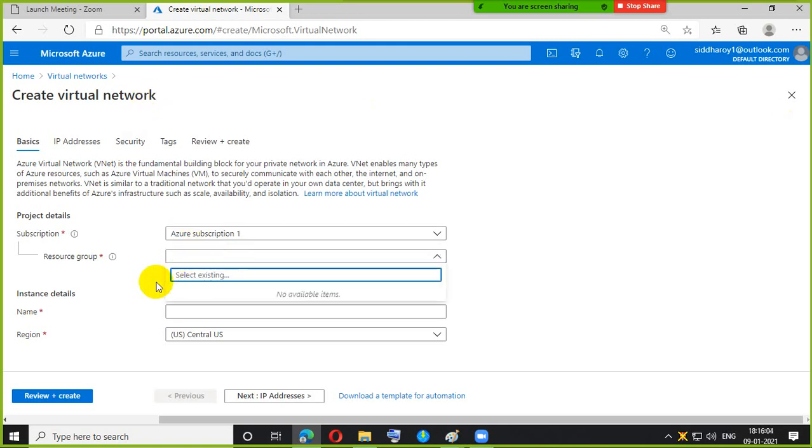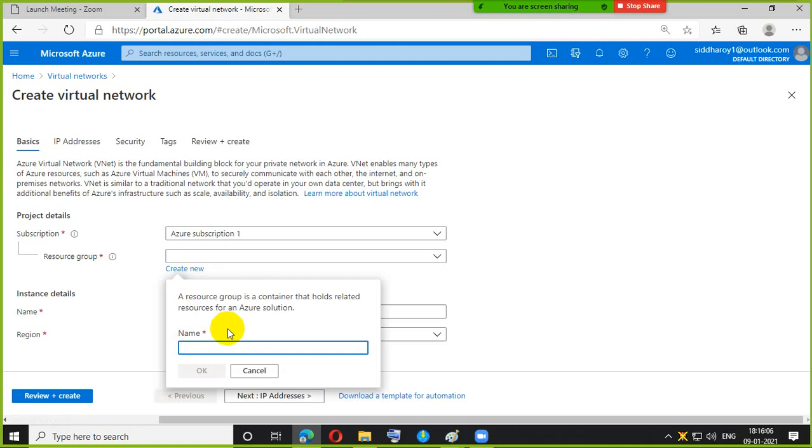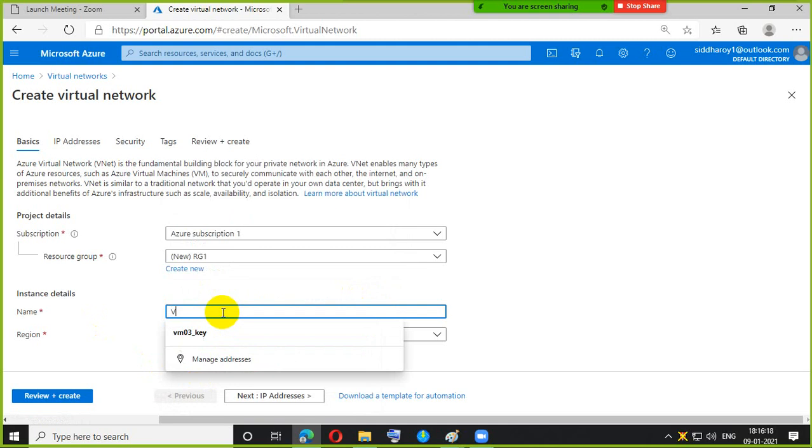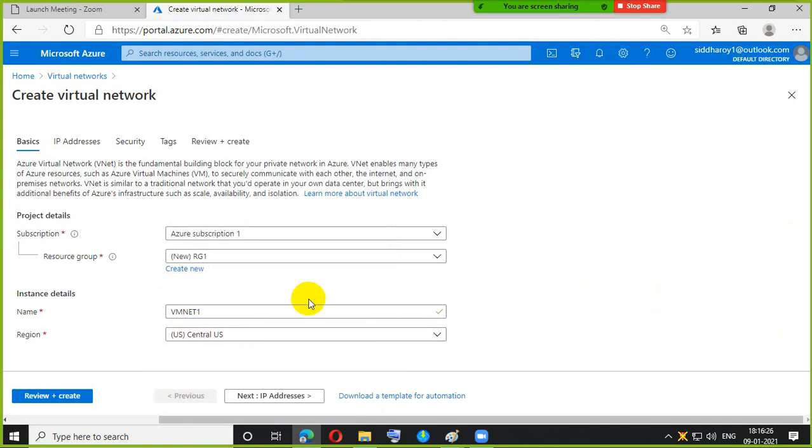First I'm creating one resource group, RG1. Then VNet1, creating it in Central US, okay.